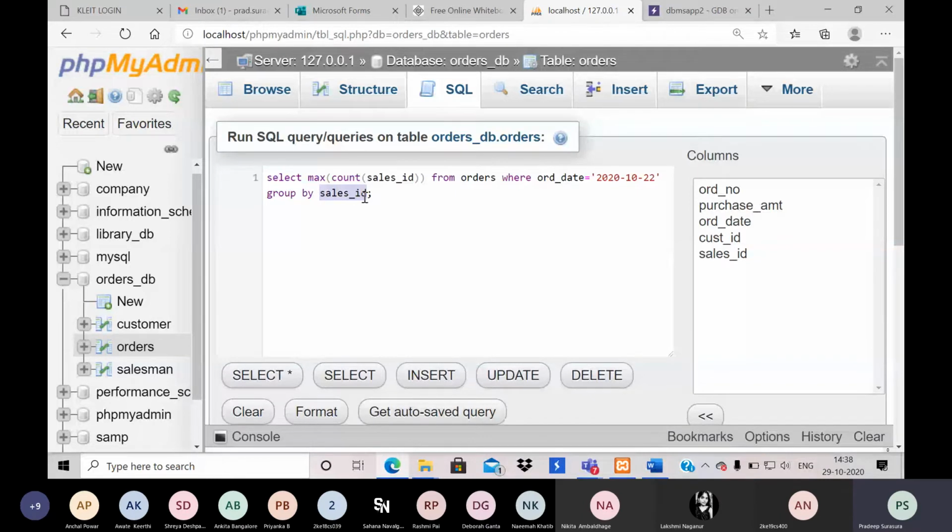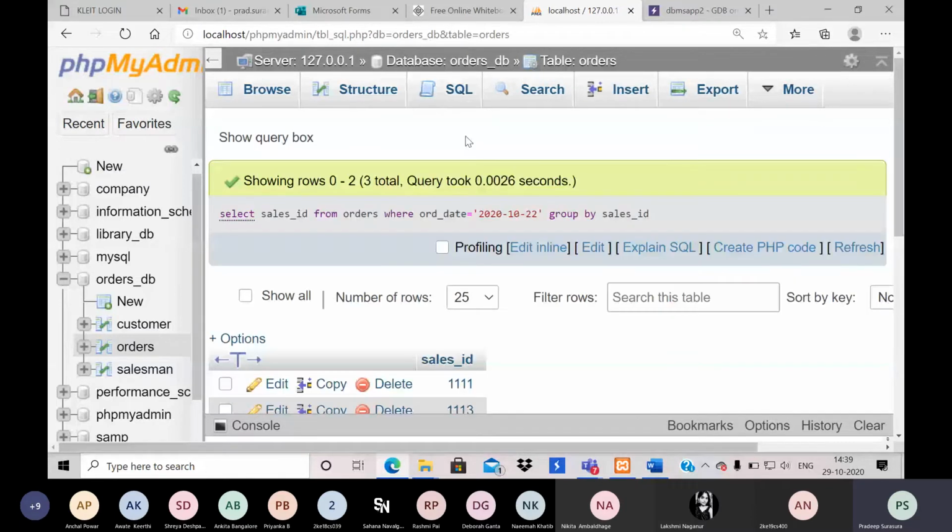Let me write sales ID first, then max. Okay, let me remove this max and see how it happens. Okay, this is working fine. Let me replace this.